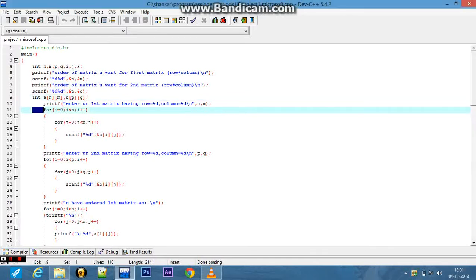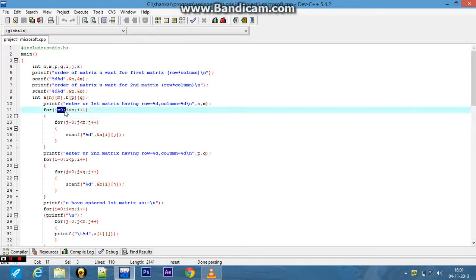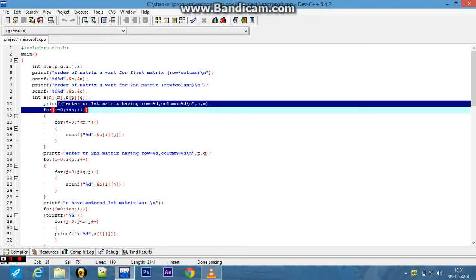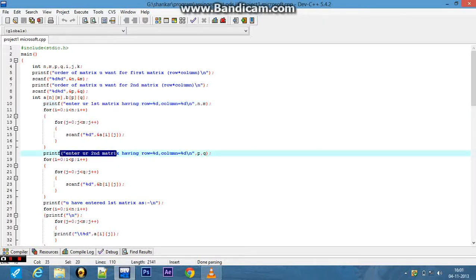Then using a for loop I want to take data from the user in a specific manner, that is the data first goes to the first row, i is equal to 0, then the next row, and continues up to the n minus 1 row. In a similar way I have taken data for both, here for A and then for the second matrix B.